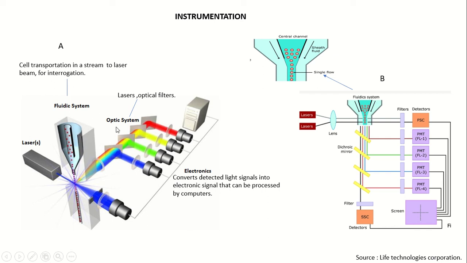Other than the fluidic system and optic system, there is the electronic system, which is responsible for detection. It first converts the light intensity into a number of electrons, then converts electrons into an electric signal, and finally by the ADC, the analog to digital converter, it is converted into digital signals. Now, talking first about the fluidic system